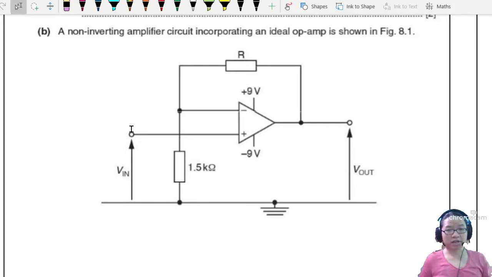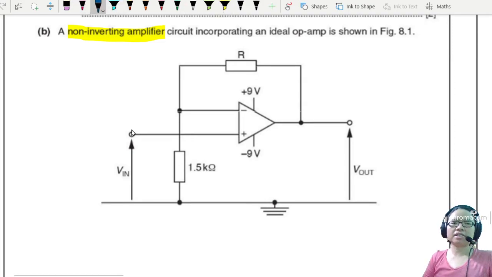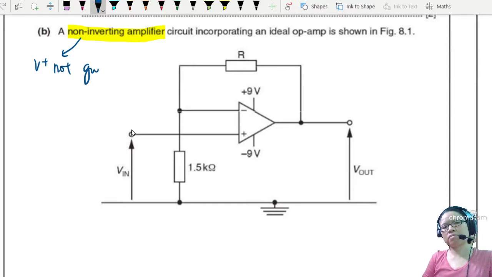So sometimes you have to identify the circuit, but in this case you don't have to, because this is a non-inverting amplifier. So how do you know it's non-inverting? The most telling sign is your V plus is not grounded. You see this V plus? V in is equal to V plus because this part is connected